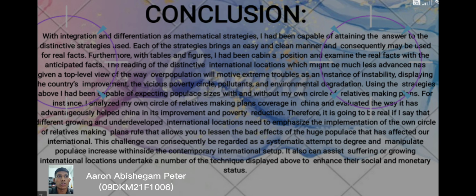So it is going to be true if I say that other developing and underdeveloped countries need to emphasize the implementation of family planning rules in order to lessen the bad effects of the huge population that has affected our countries. So this project can be regarded as a systematic attempt to measure and manage population growth within the current